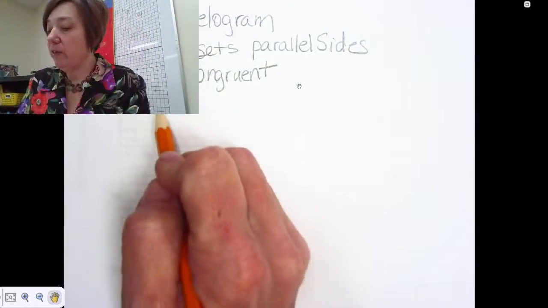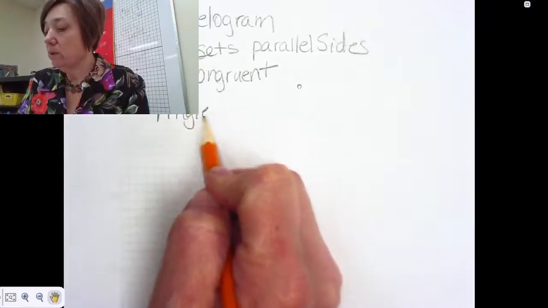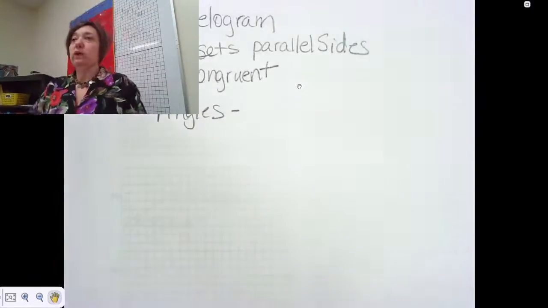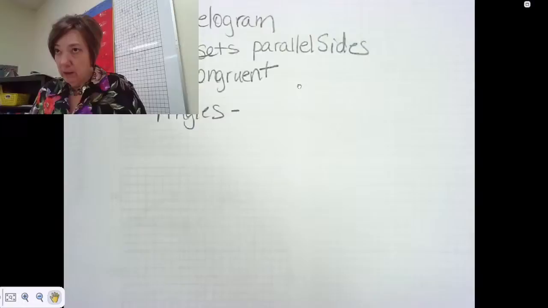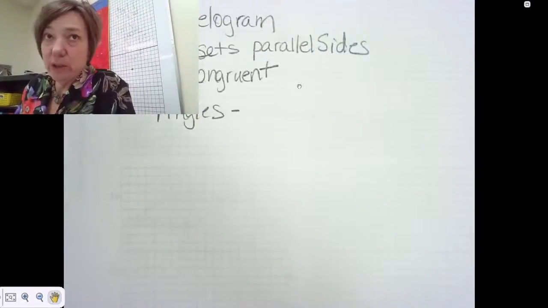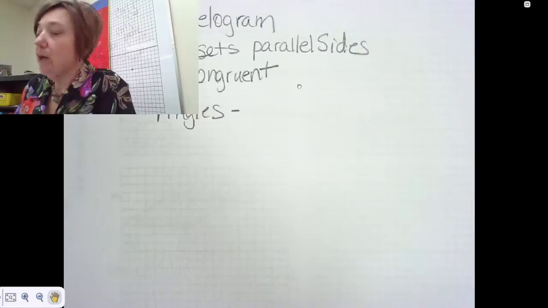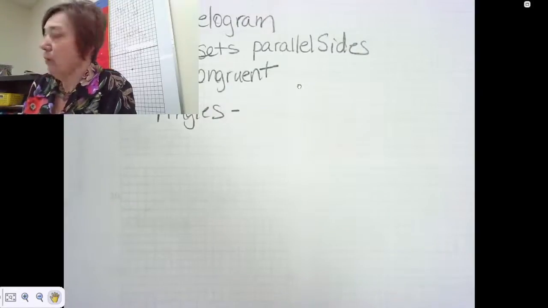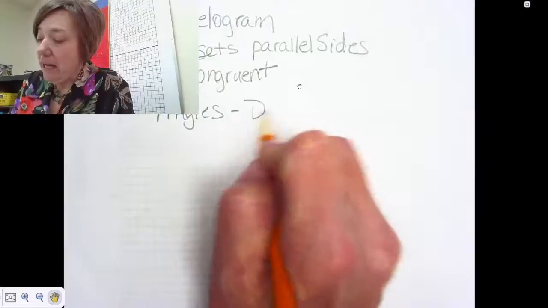Okay, what do we know about the angles of parallelograms? What's the same? Which ones? All of them? No, two of them. They have two sets of angles that are the same, but which two sets? Across from each other. The ones that are diagonal from each other, right? So the diagonal,